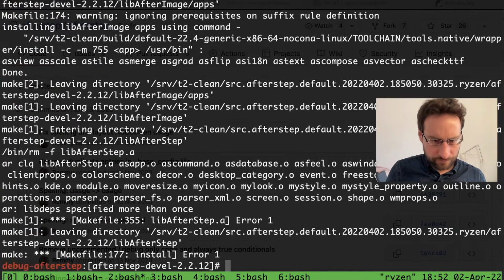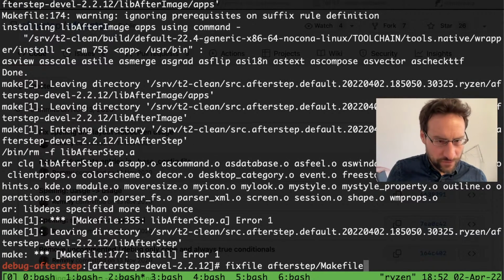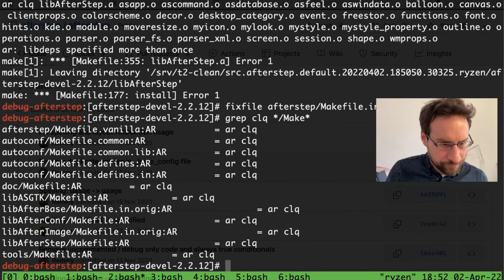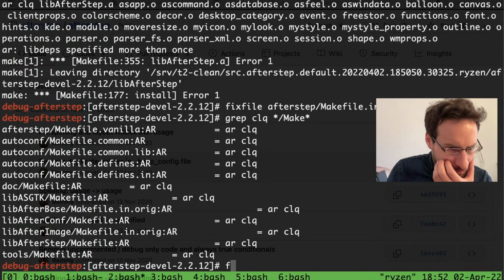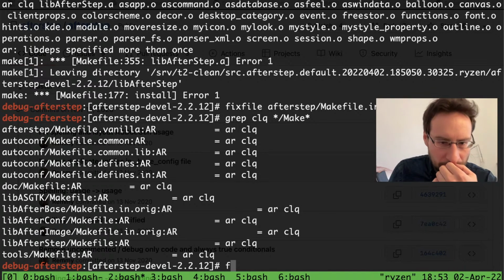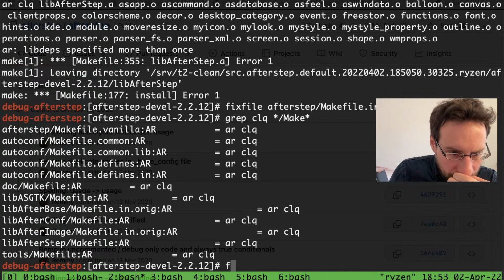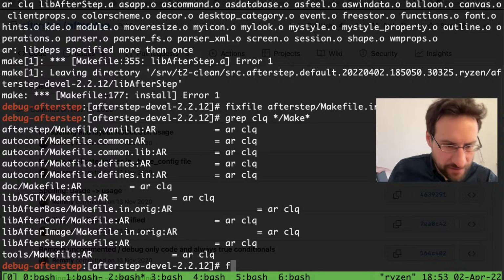CQ. Still doing that. Lib after step. Ah, wait a second. Lib after. Wait a second. It is not in the in. It's